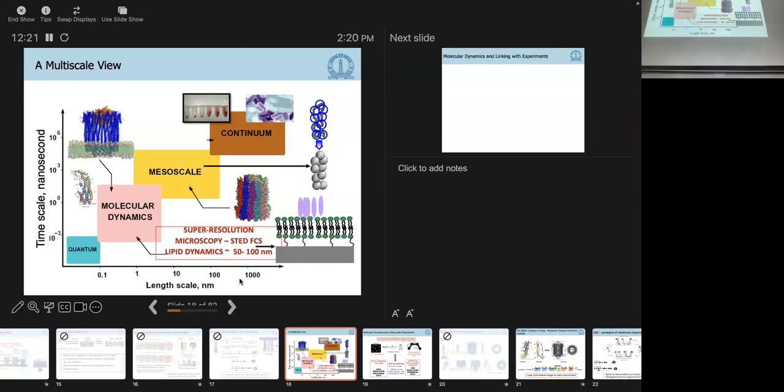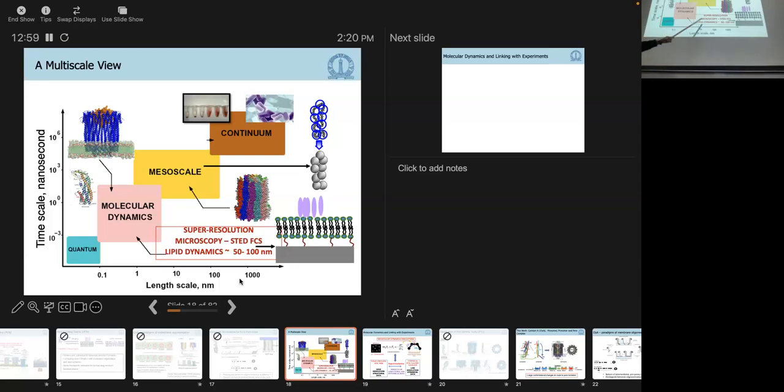So here's a multi-scale view of what we do in the lab. Our lab really works in this space: molecular dynamics, where we're looking at atomic scale description, and mesoscale, where we group atoms into larger beads and then assemble them. Of course, there are a lot of challenges in looking at mesoscale dynamics, but it can give you a certain kind of information that is useful, and I'll show you some examples of that. And at the continuum level, we can model erythrocyte leakage and vesicle leakage to get kinetics on the order of a few seconds to minutes.